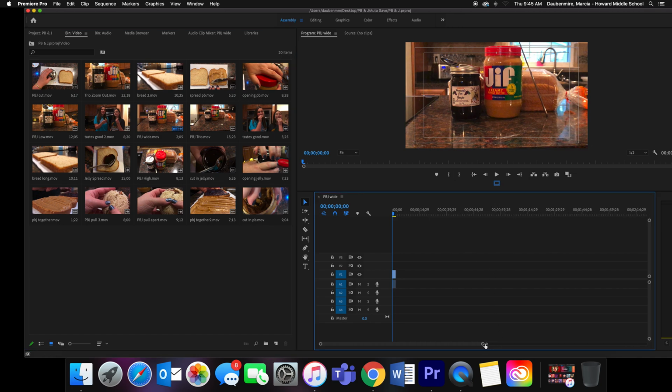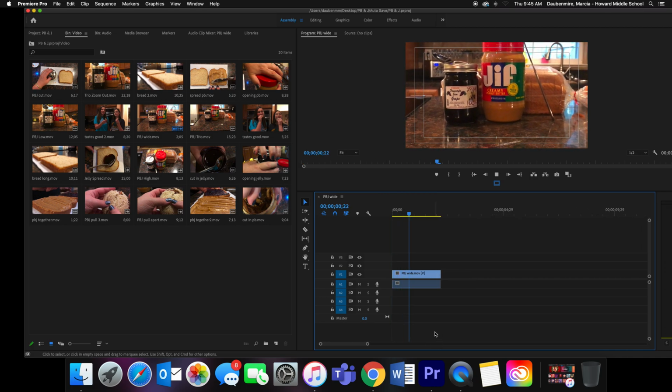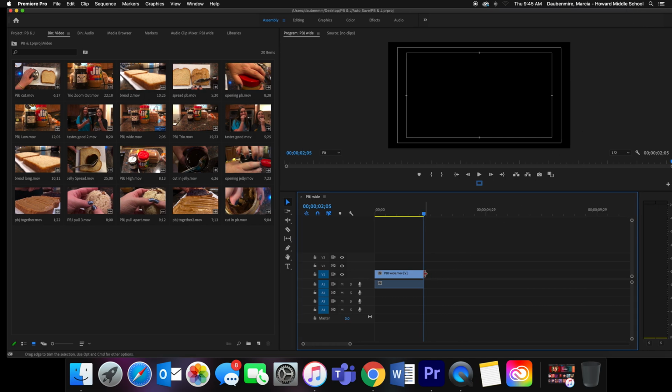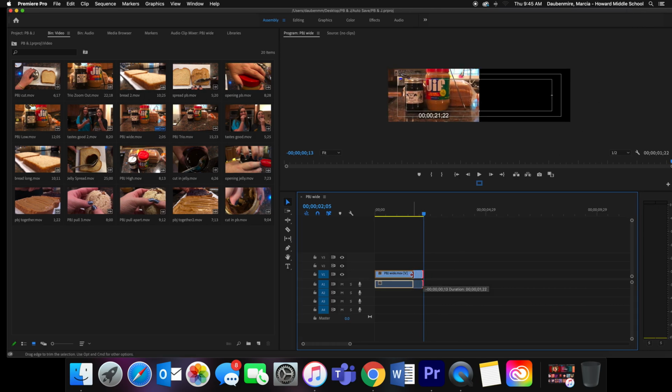So what I'm going to do here is I'm going to see how long this is. It is 2 seconds. Well, I'm going to bring this back and I'm going to make it like 1 second long. And this is what we call reducing your footage. You can reduce it in size by using this little